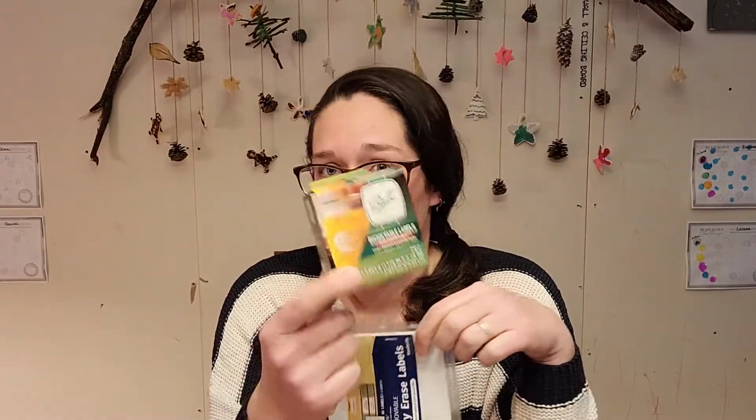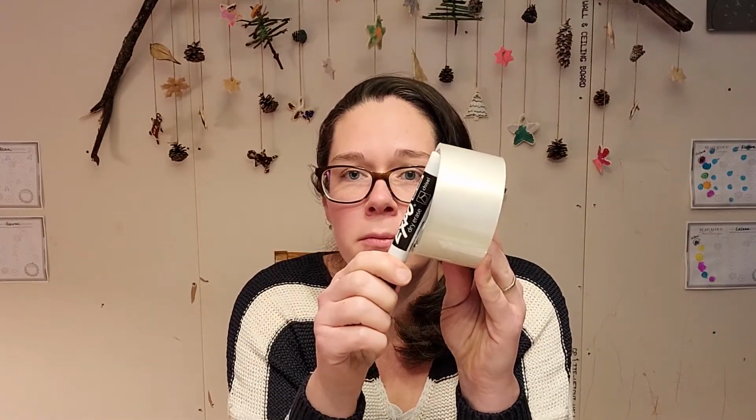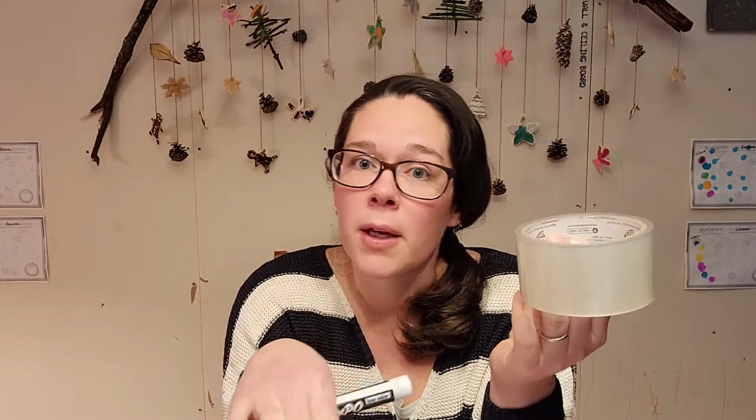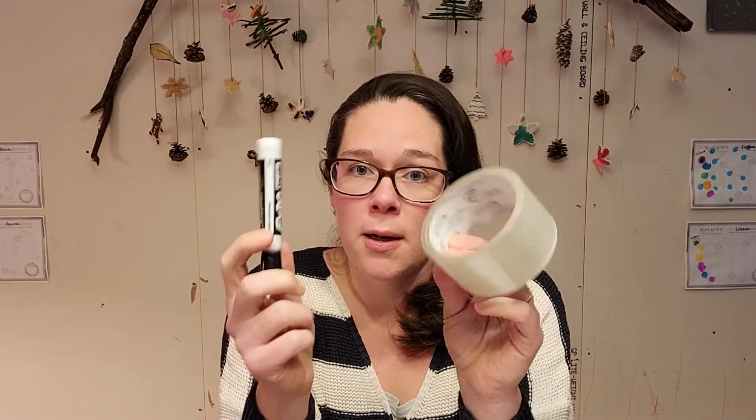So if you like the flexibility of the dry erase but not having to relabel all the time, there are alternatives. Dry erase labels or a dissolvable label that can wash off easily. Or if you don't want to go out and buy these, packing tape plus dry erase marker. There, easy, flexible. You can change the label if you need to, or update it if something changes, say you eat all of something, you can erase it. Or if you change what's in there,